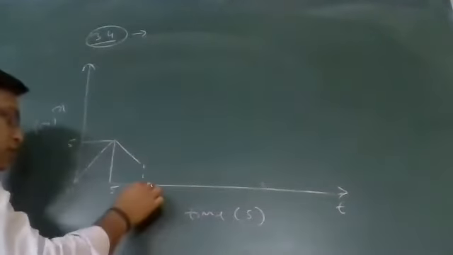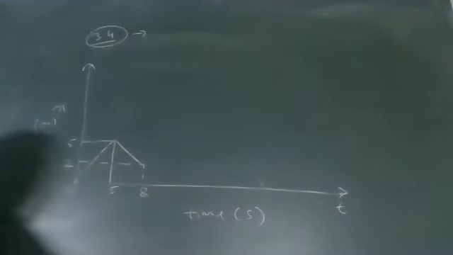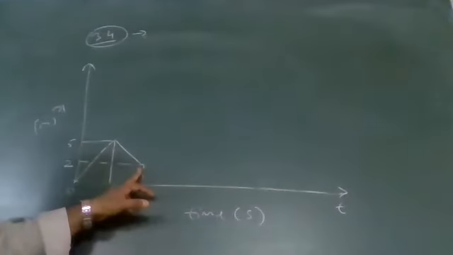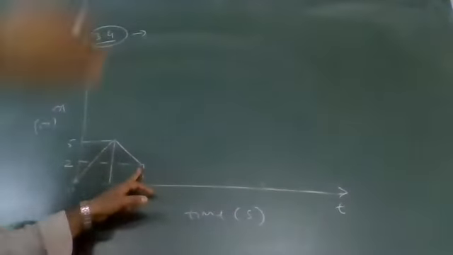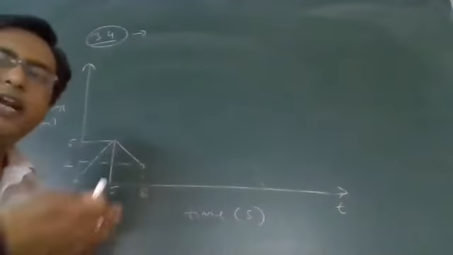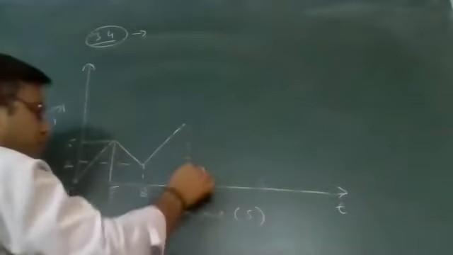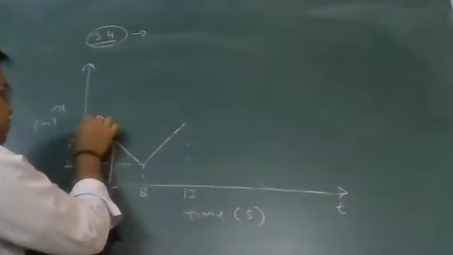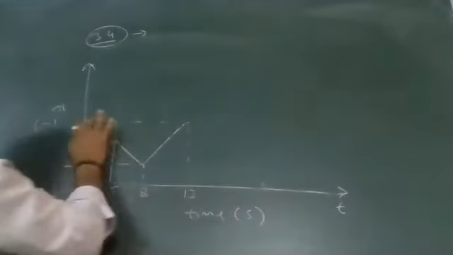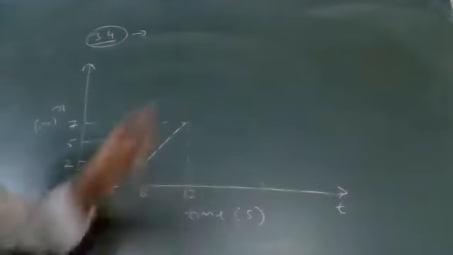That means time is 8 seconds, but 3 steps are back. So now displacement is only 2. From the 5, he is coming back, so now displacement is 2. Now he is again taking 5 steps forward, so this time duration is 13 seconds, and this distance will be 2 plus 5. We will get 7 meters.